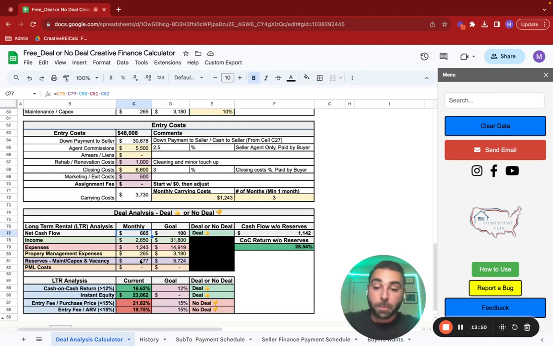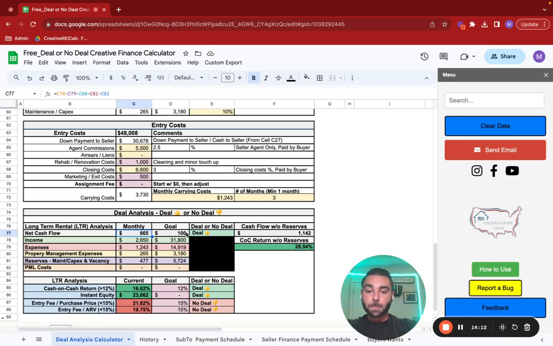But if you've ever owned property, you know that it's not always the worst case scenario. You're not always paying for maintenance, or there's not always vacancy. So that's what this value tells you. It's kind of your best case scenario. If everything goes perfectly, you have no vacancies, no maintenance, no CapEx, then your best case scenario is $1,142. So it's really good to understand that full spectrum between your worst and best case scenario,